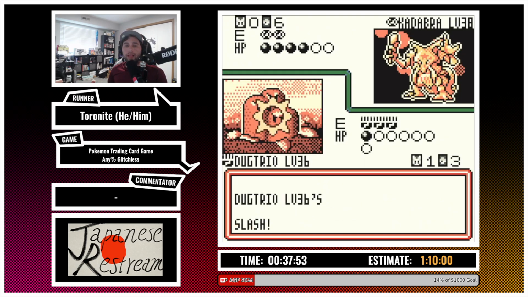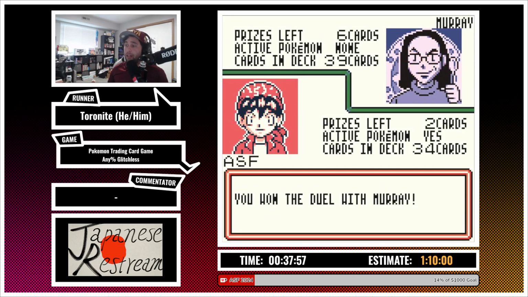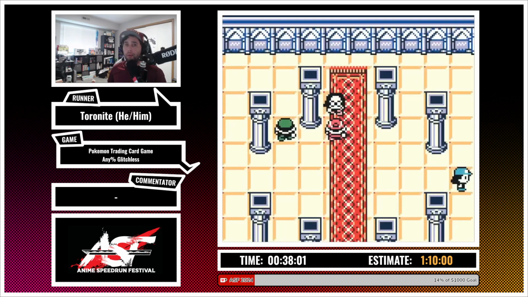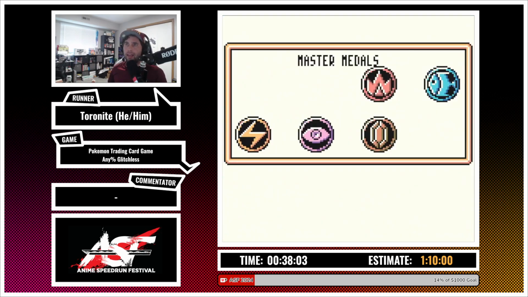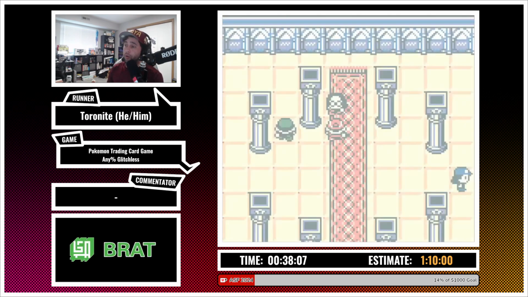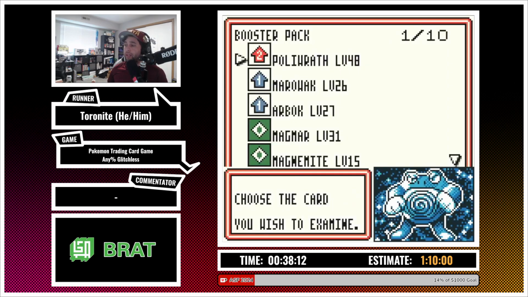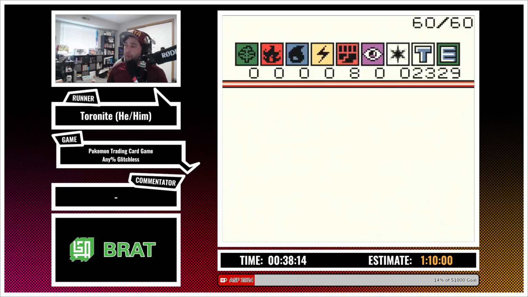So Diglett's a bad matchup with Mr. Mime, but we put Hitmonchan in because Hitmonchan can do 20 damage on Mr. Mime, which is exactly what we need, and it will go down in 2 hits. The question here is, what comes first, Mr. Mime or us beating Murray? And Mr. Mime came out first, but we were able to